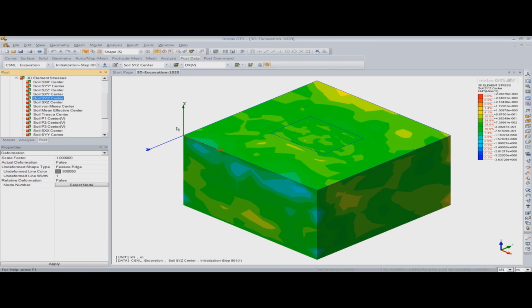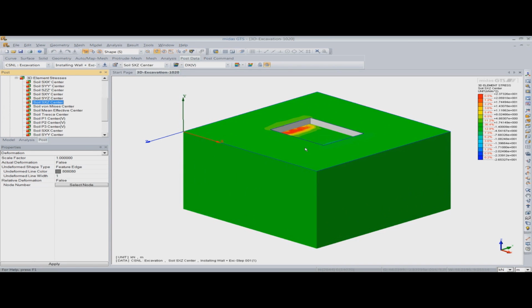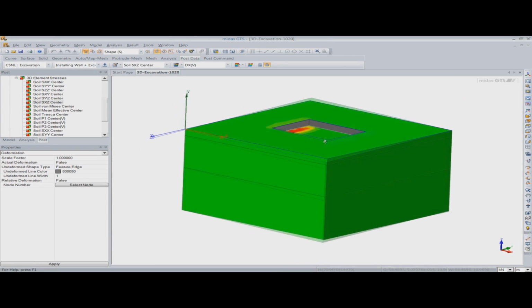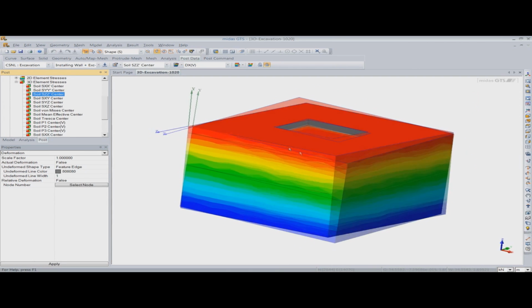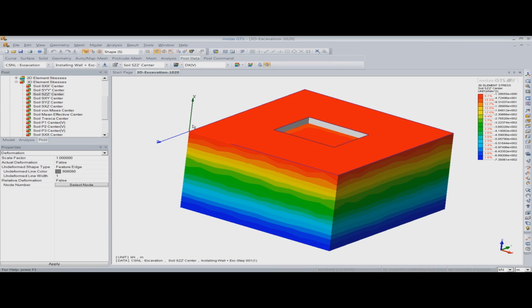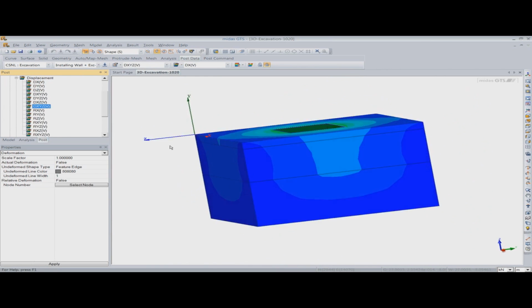So as you can see here, if I want to obtain the stresses in the first stage, these are the different stresses in the first stage. So let us go to the second stage and see how the stresses change when the excavation first is performed. So you can see that this is how the stresses appear in the solids. These are the different stresses. This is the vertical stress, as you can see how it increases. If you want to obtain the displacements, then this is how you can see how the displacement changes.